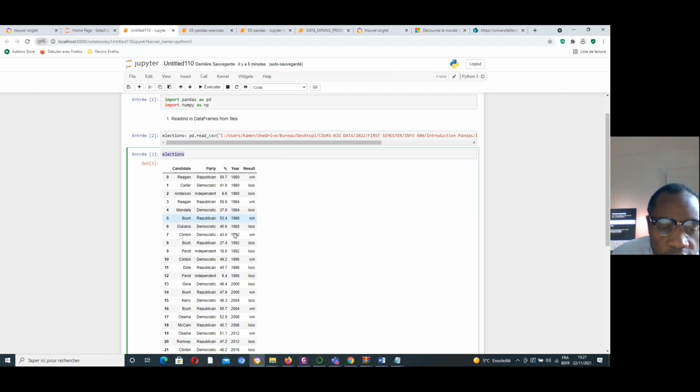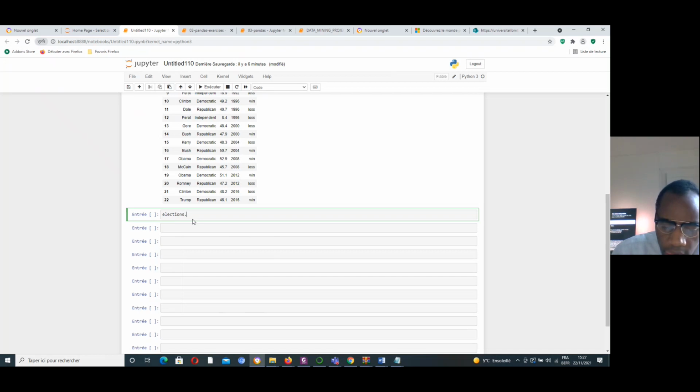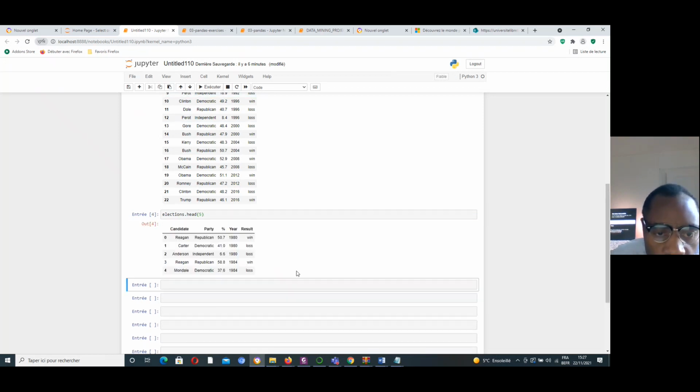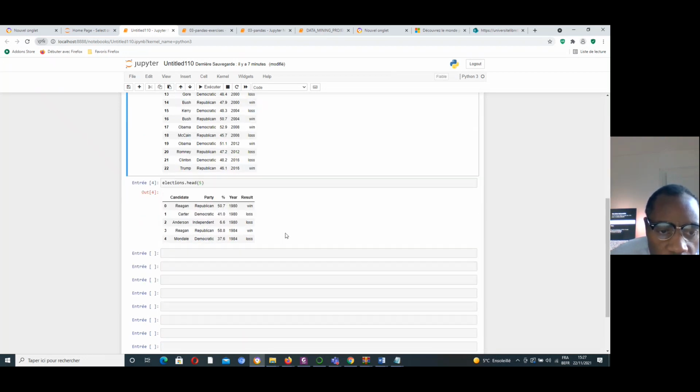I can print the first line of this data. Yes, here is the first line. The first 5 lines of this data.